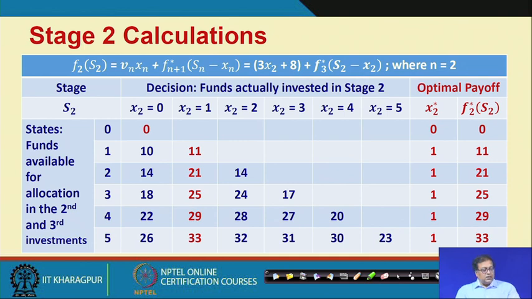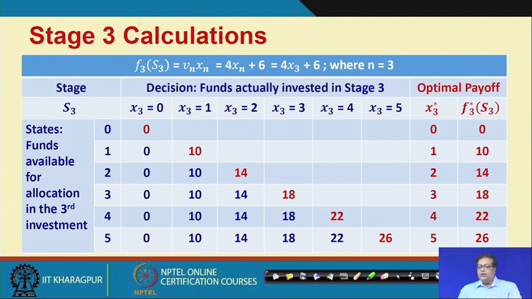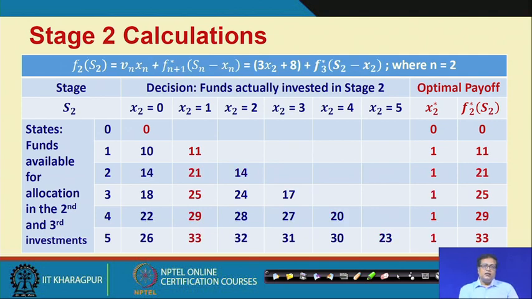So, these involved calculations have to be made, and the optimal values have to be brought in on these calculations. If we write those optimal calculations, you can see that at x2 equal to 1, the next value should be 25. Why should it be 25? Because at x2 equal to 1 it should be 11, but the remaining 2 will fetch a profit of 14, because f3 star,